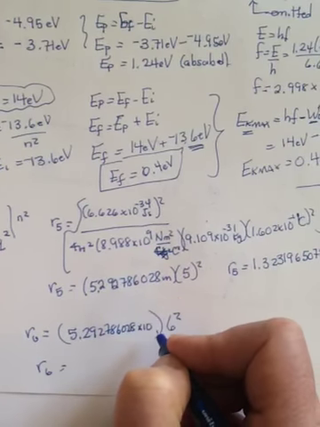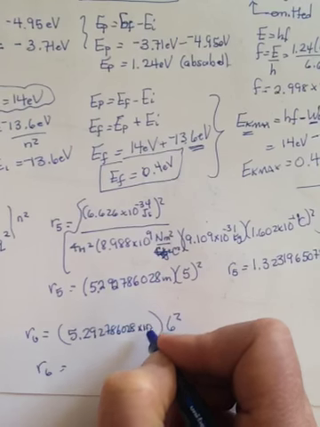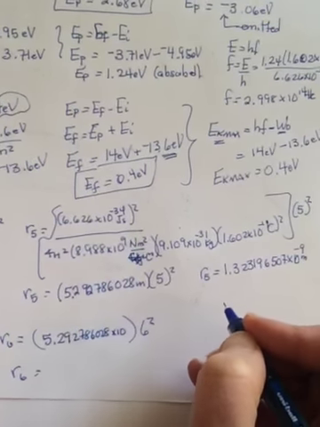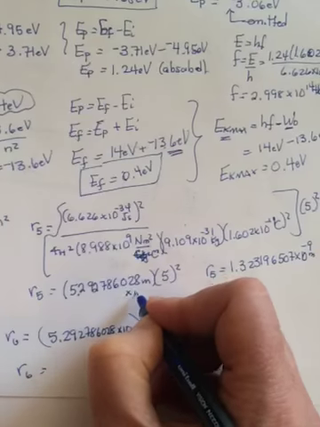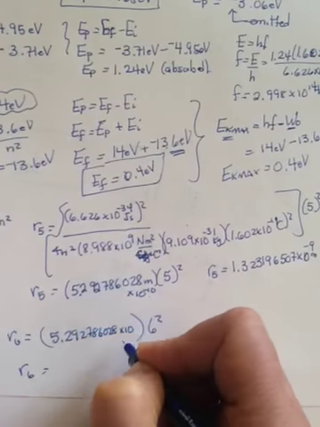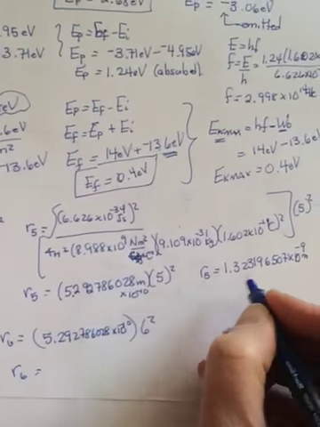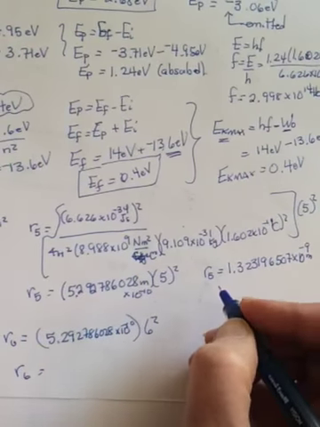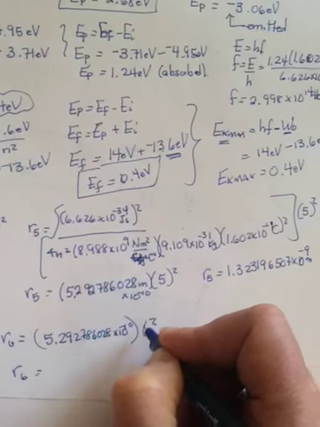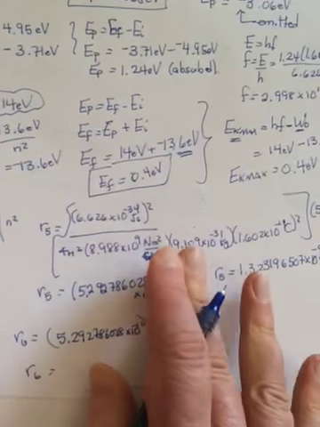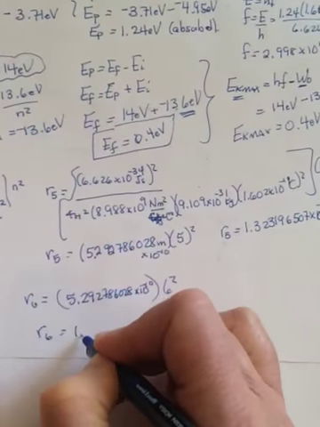Is it times 10 to the nothing? No, it has to be times 10 to the negative 10. I think I just forgot to write that down in my question, because you can't multiply that and get to the negative 9 otherwise. Times the 6 squared, and you should get